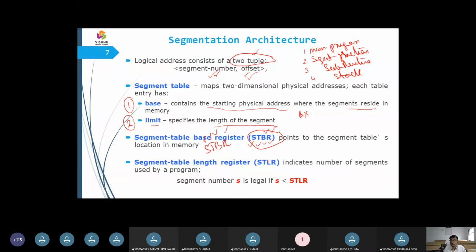The next one represents the limit value: the segment table length register, which I am going to call STLR. It is going to indicate the number of segments it is going to have.